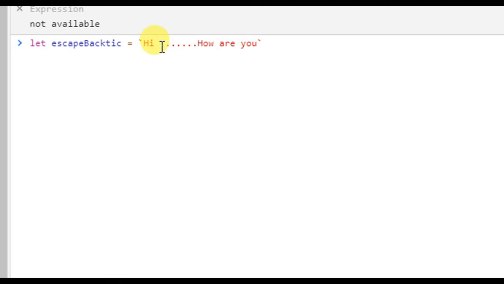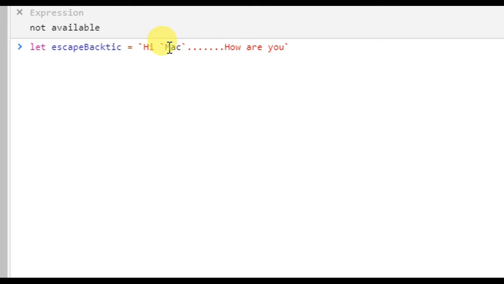I just want to give a name in a backtick, to show hi John or hi Mac. I want to escape the backtick, so I need to put the backslash before a backtick.